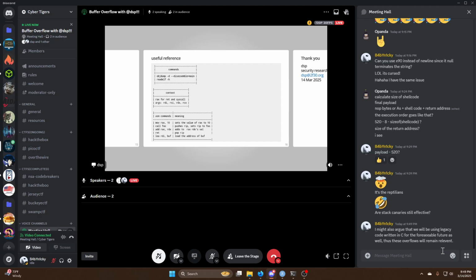Nicholas says that we will still be using legacy code written in C for the foreseeable future. So absolutely, yeah. And as long as the operating system is like that, in C, you won't escape. Another example I can give you from a recent CTF: they gave us a program, a kernel written in Rust. Yet there were so many vulnerabilities in the kernel written in Rust,